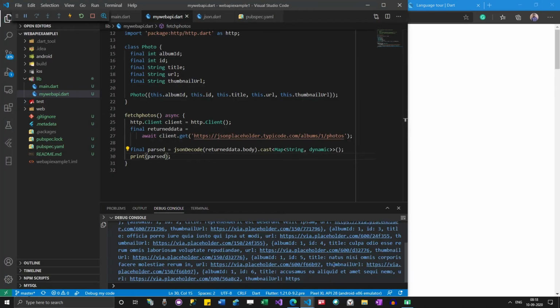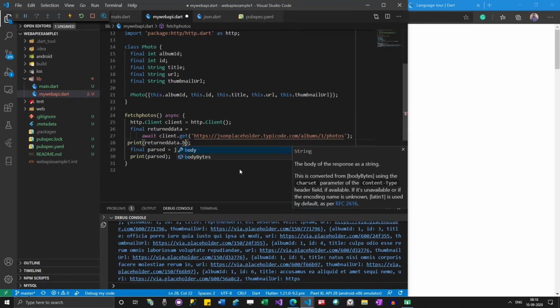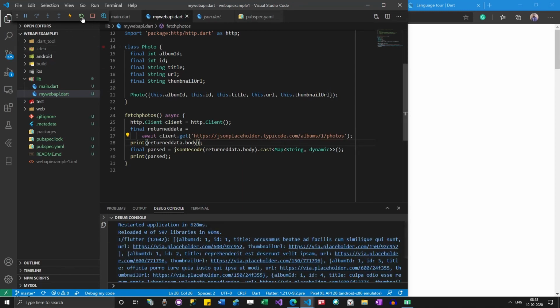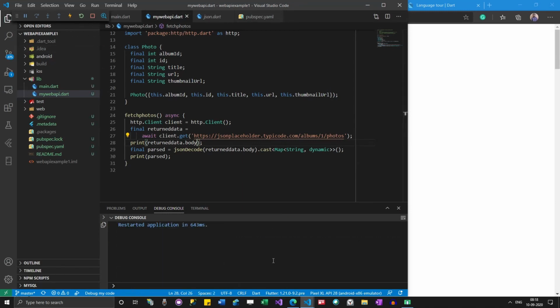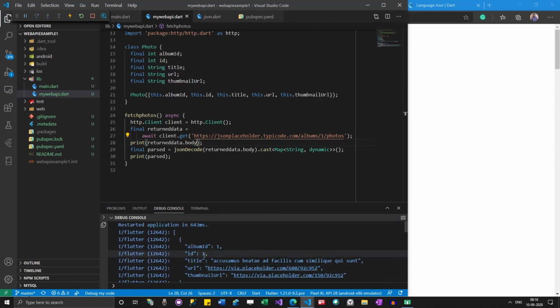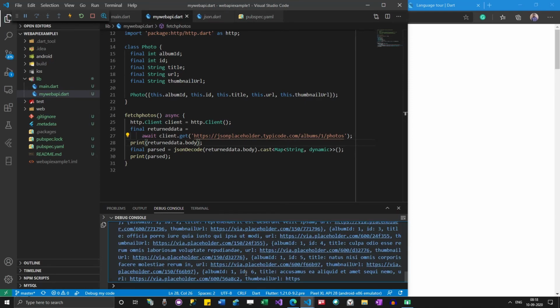If I give this response, see the initial response is having some quotations, everything. Now it is slightly different. So now we have some data in parsed.